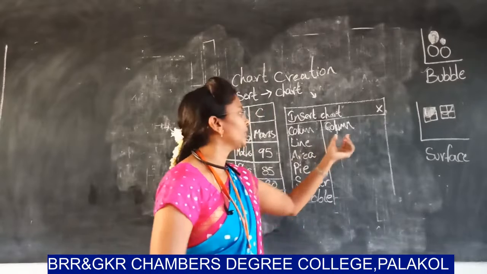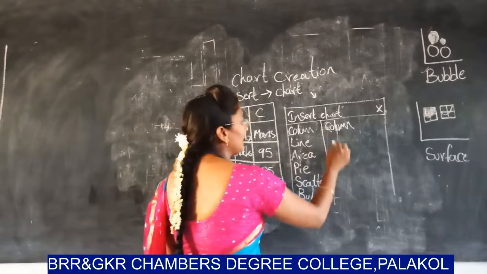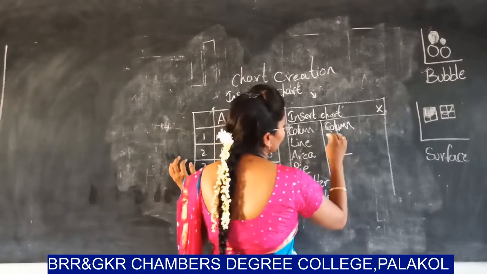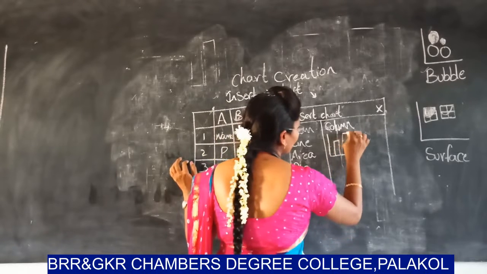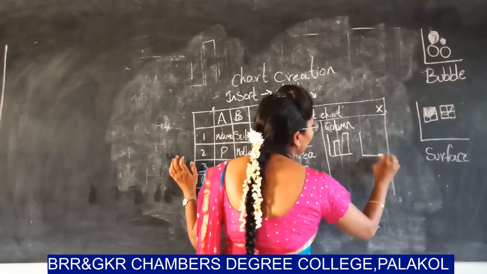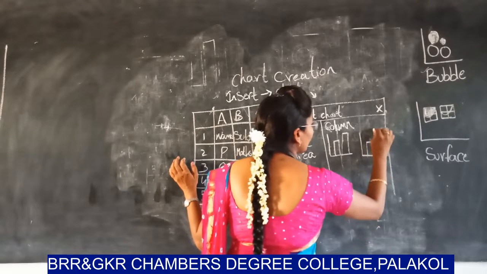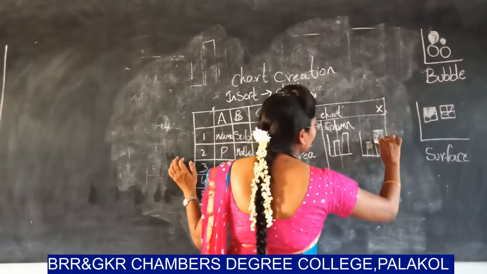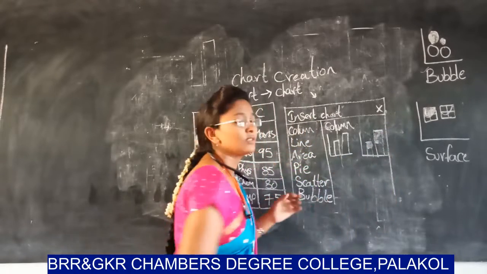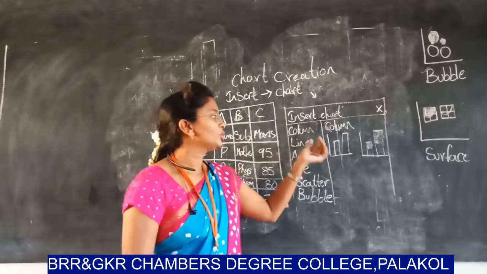That's why it will appear in the column chart on the right-hand side. And you can see here the display of the chart representation. These are the chart styles available in your Excel sheet. These are the different charts, that means half-filled charts or fully filled charts. These are the different types of styles available in the column chart.